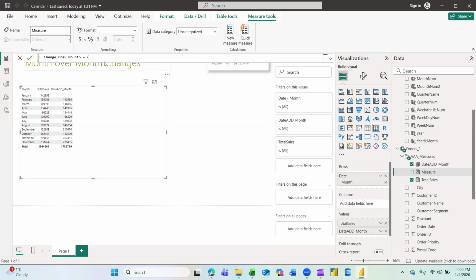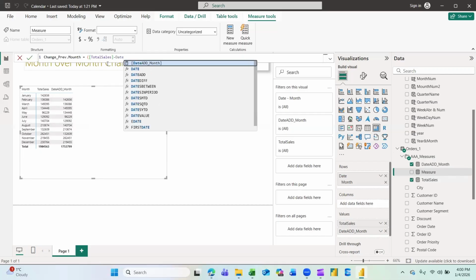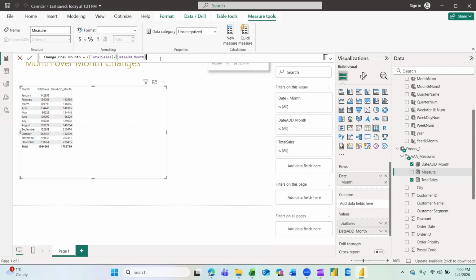So we'll say open brackets total sales minus date add month, right?